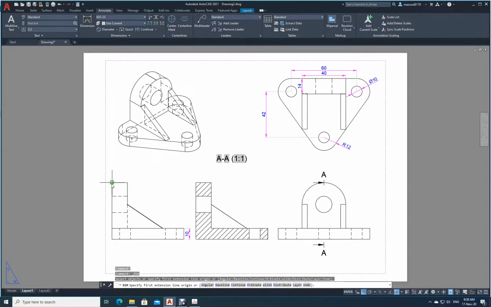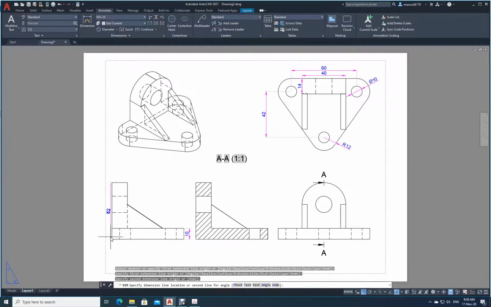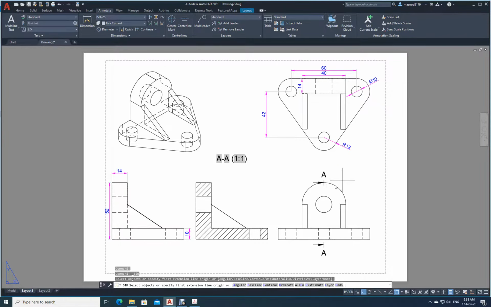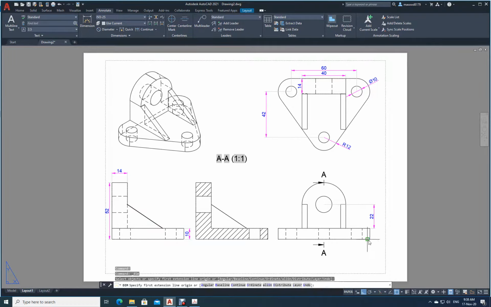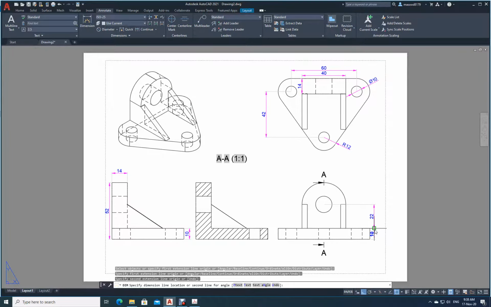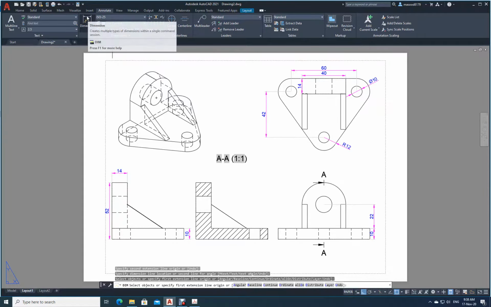And then from top point to this point, it is how much? 52. Again, thickness is there. From here to here, it is how much? 14. And then you have from this center point to this point, it was how much? 22. Okay, 10.